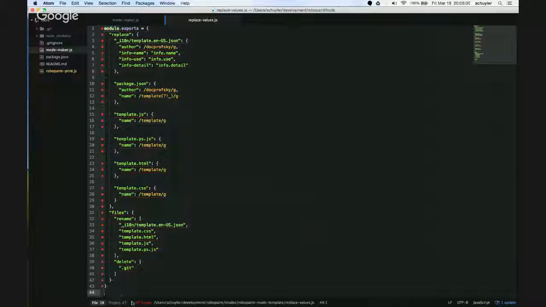I haven't changed anything. So this file, which is part of the mode template that it pulls down, tells it, in the JSON file, find the key named info.name and replace it with info name. The author, because it's a valid mode, is me, so I have a regular expression to search for it. And this is nice because when you change the mode, you just change this when you publish it, and everything all works, usually.